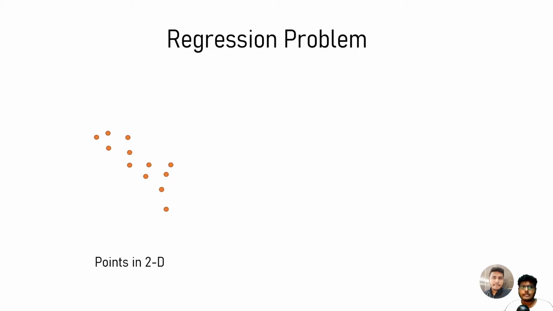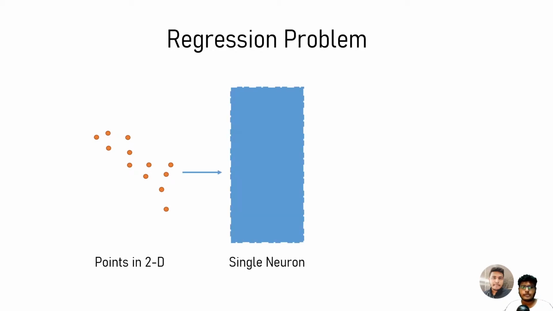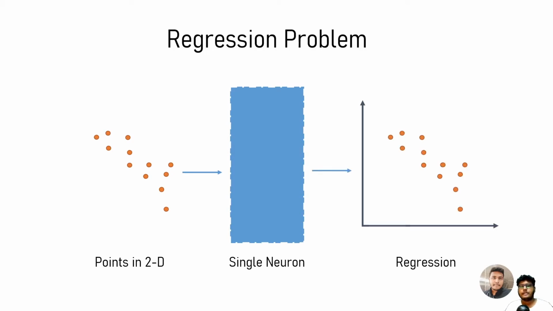Say we have a regression problem, a linear regression problem, I should say. You can see that we have some points in two-dimensional space, and we need to fit a regressor line through these points. We use a single neuron here where we pass in all the data, and now we need to fit a regressor. Looking at this data, you can easily find out that it's going to be a single line that will get fit in this data, and this line will pretty much look like this.